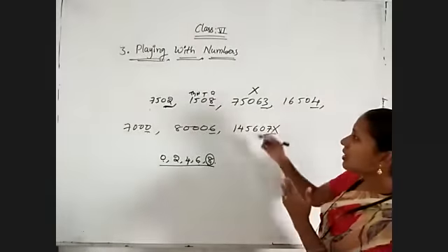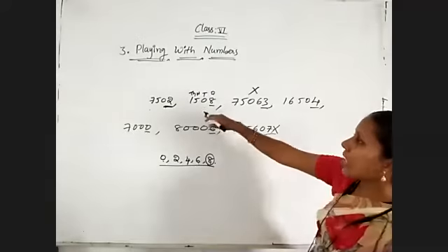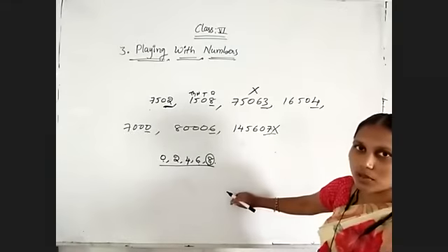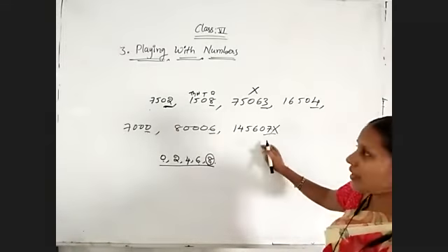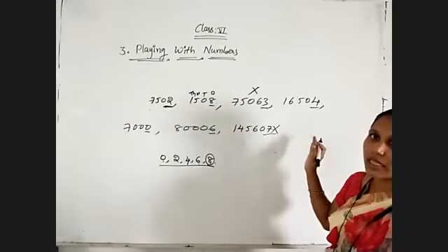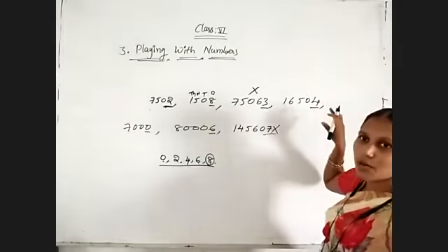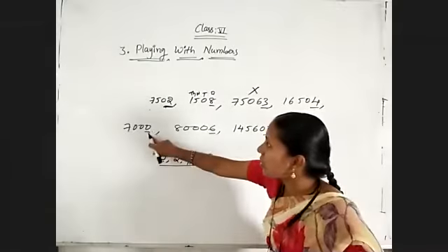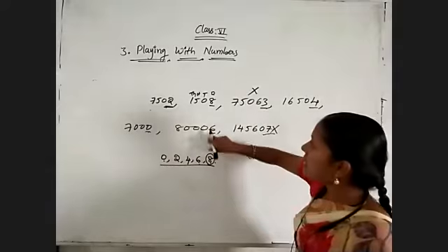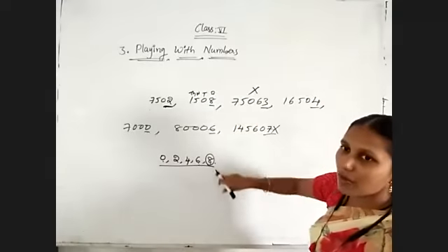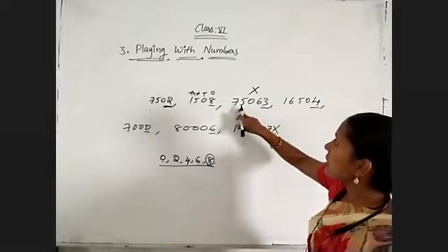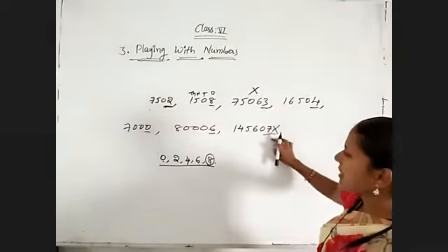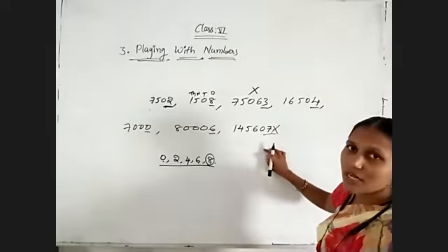Okay, just observe, without doing the division. To do the actual division, it will take so much time. So to reduce the time, we are using the divisibility rule. Without performing the actual division, we are deciding whether that number is divisible by that number or not. So here we are checking the divisibility rule of 2. Because the numbers are having in their units place 0, 2, 4, 6, 8, all these numbers are divisible by 2, and the numbers 75,063 and 1,45,607, having 3 and 7 in their unit place, are not divisible by 2.